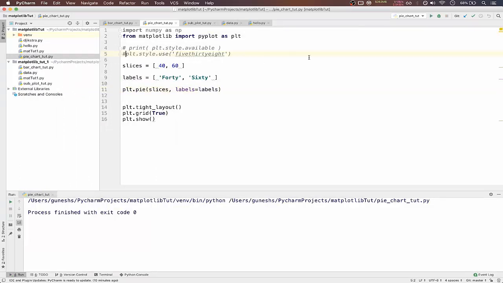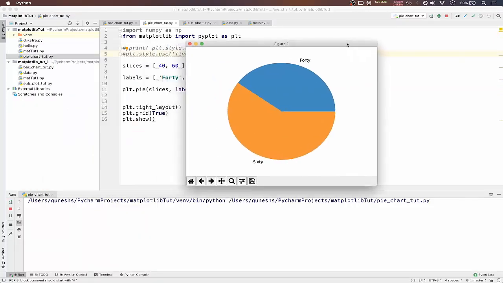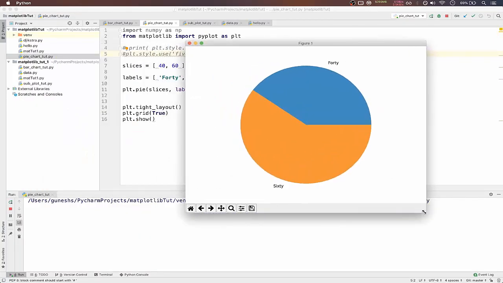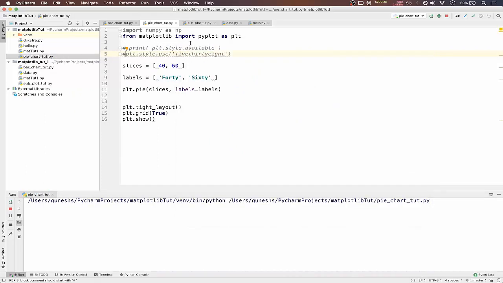Now we'll run without the style 538. So this is the default pie chart style which Matplotlib uses. So the color you can see it is a little bit different,